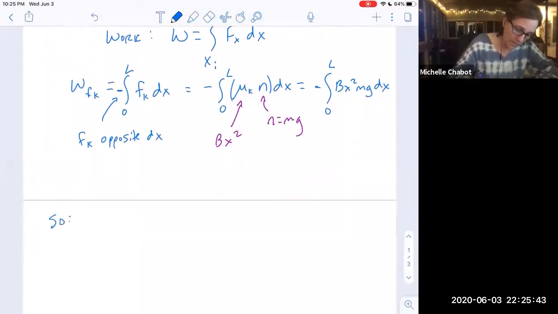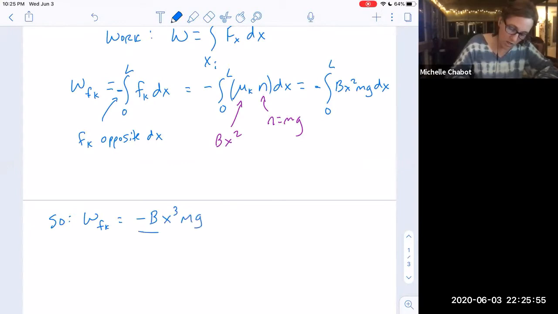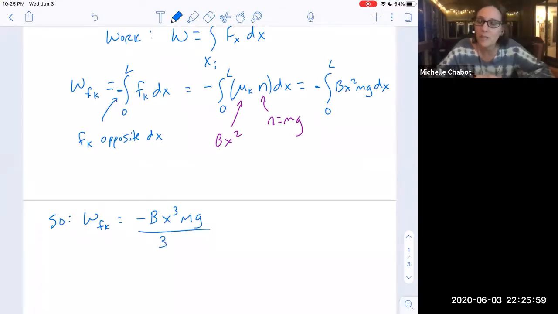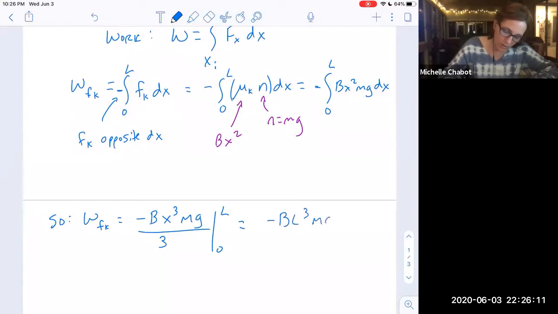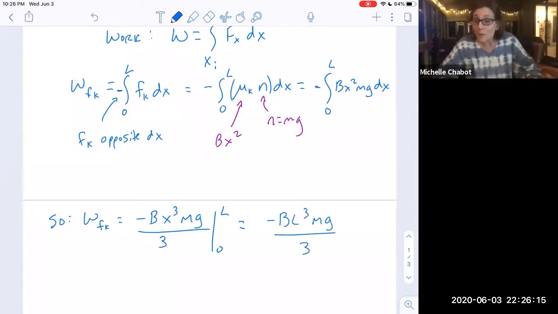So the work by friction is going to be equal to, and now let's go ahead and execute that integral, negative bx cubed mg over 3. That's my integral, bx cubed over 3, and I'm going to evaluate that from 0 to L. So my work done by friction is negative b L cubed mg over 3. So I'm almost done with this step,